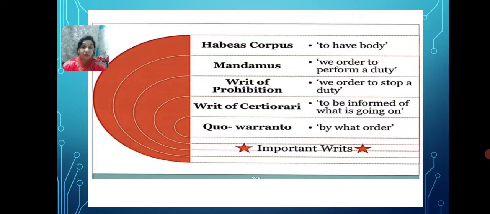Then next we come to quo warranto. What do you mean by quo warranto? It means by what order, in what sense, in what order. Okay, by what means. You know, simply in the class, if a teacher makes the student stand up, the student's first question will be what I have done, isn't it? Though he has done or he has not done is not a question there, but the first question that comes in his mouth or in her mouth is what I have done. Okay, so that is like a type of quo warranto.